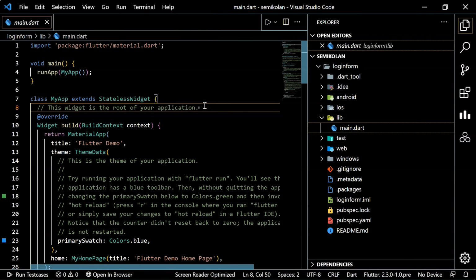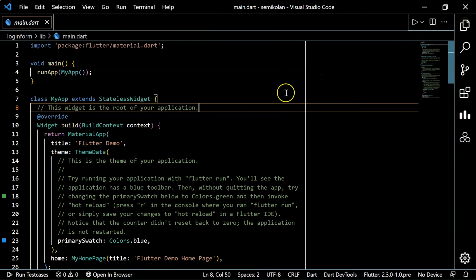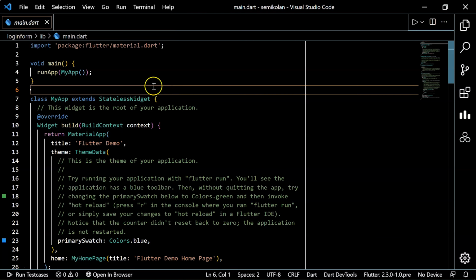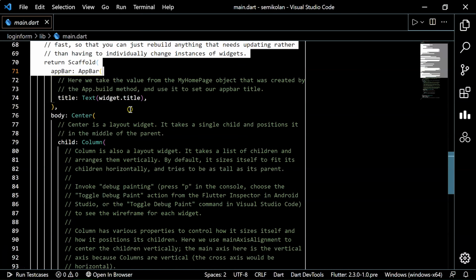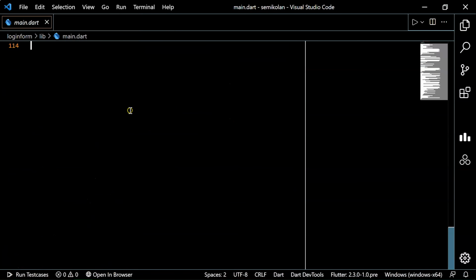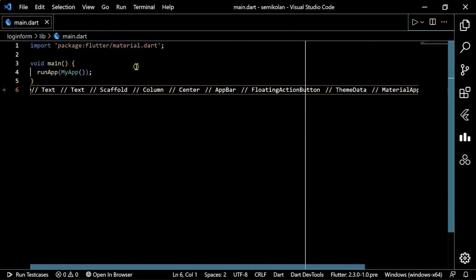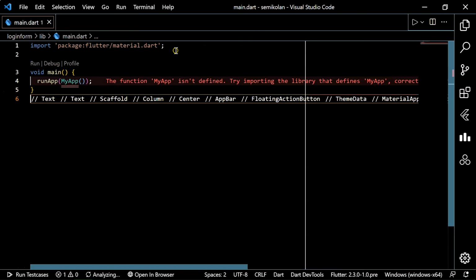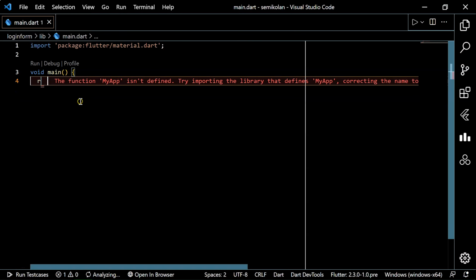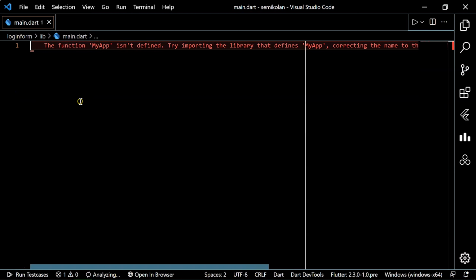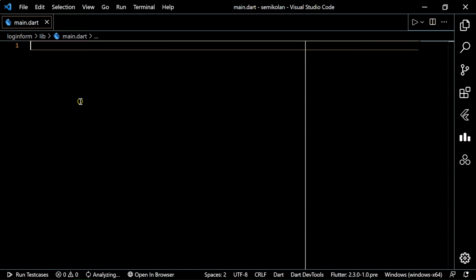Okay, and now you can see that there is a lot of code, so we are going to create all of these from scratch. So just erase all these things. Okay, and now you can see that there is only an import material. Don't worry, I will erase this also. Okay, so we have to code it from scratch. Okay, so let's import our material.dart. So import